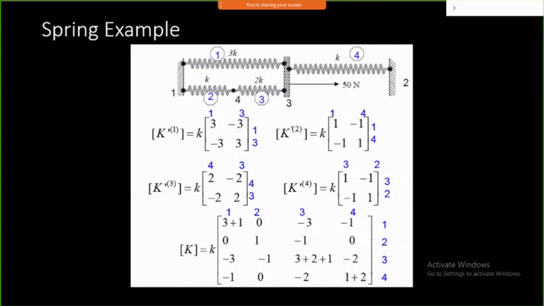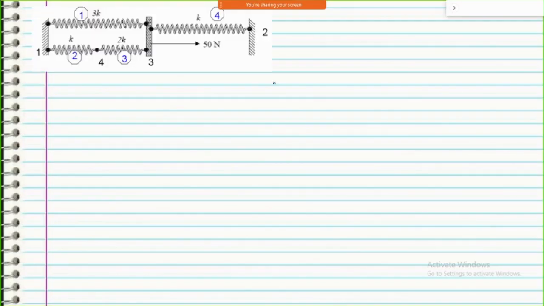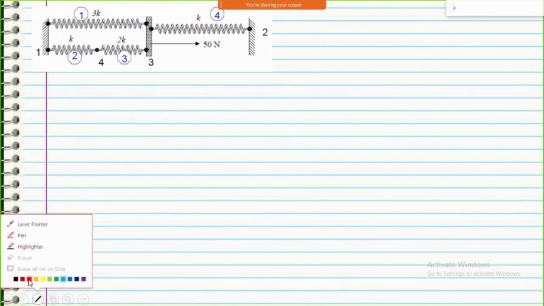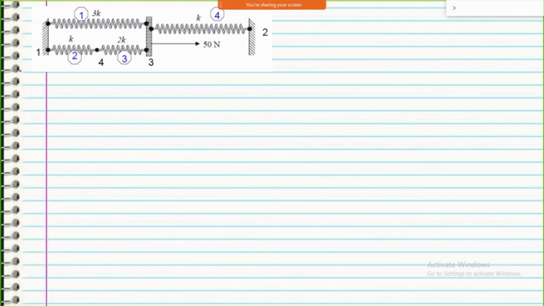When we are going to solve this equation, make sure that your first step, before going for this, I will just include one thing. Whenever we are going to solve this particular problem, my request is that you follow a certain procedure. I'm going to outline this procedure out here.